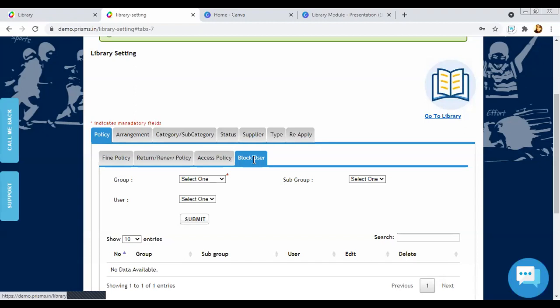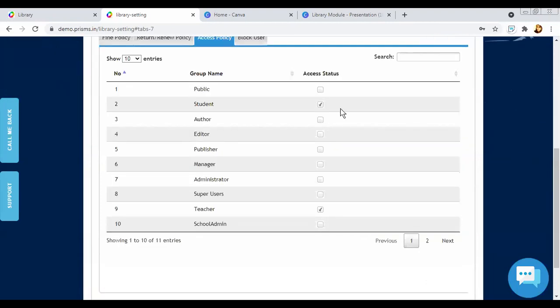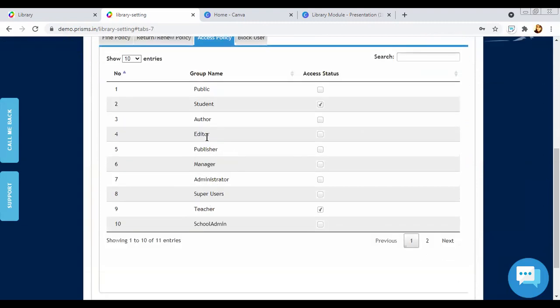Can you show what is access policy? What does it include? Access policy is who should have access to the module. I think it will be the staff names as well. Editor, author, publisher.